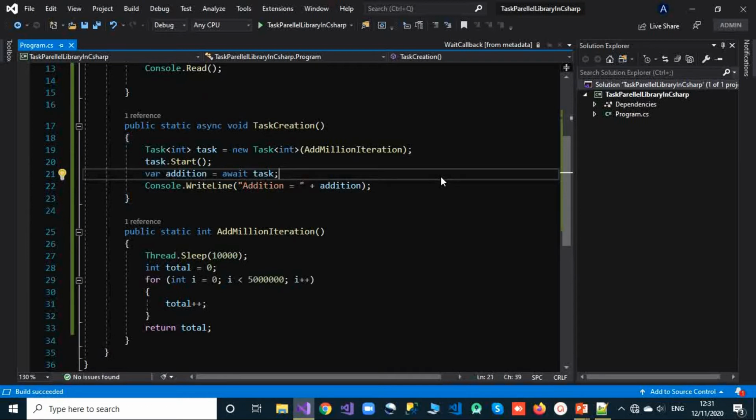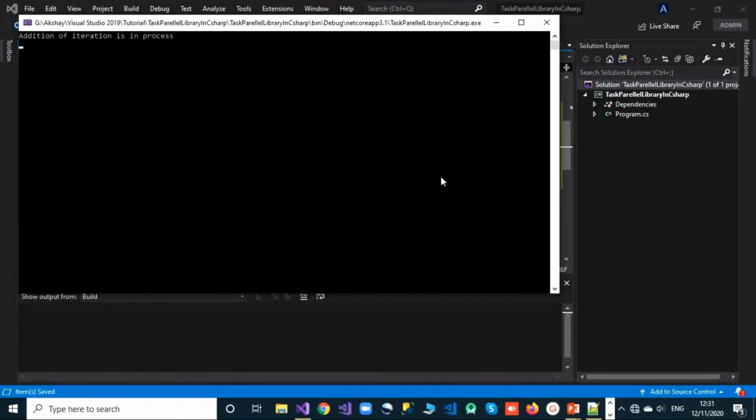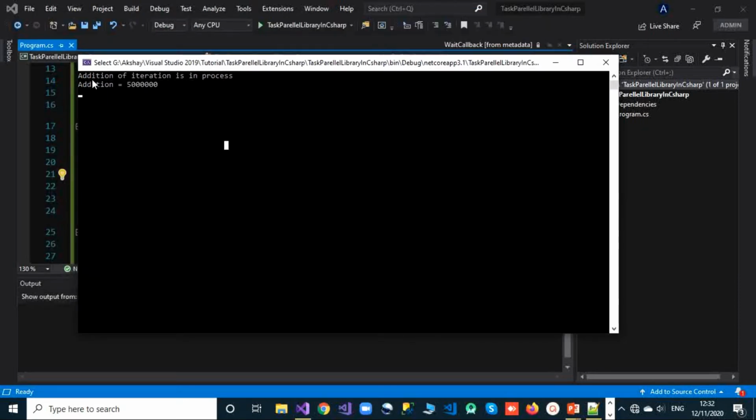Let's run that again. So we are getting that message, that addition of iteration is in process, and as soon as that task performs its operation, we get that addition. So that might have been some other problem that we didn't get this output before. Now we are getting it, and it is more user responsive.